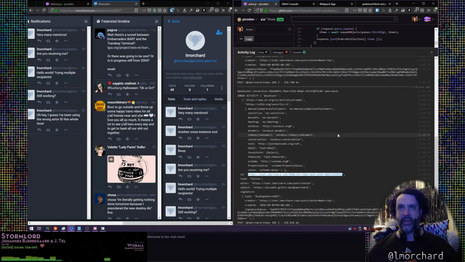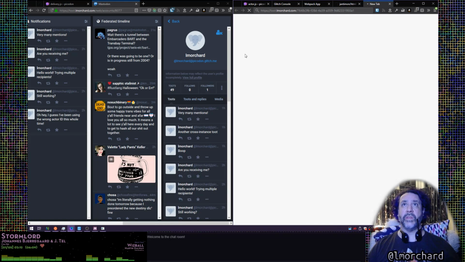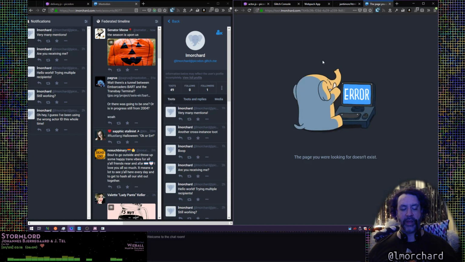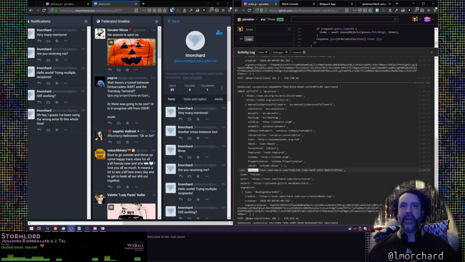Because a lot of the things in these messages have IDs, and the IDs are URLs, and if you go to the URL, well, that's interesting. So it's a unique URL, it's a unique ID, but there's no JSON resource behind it. A lot of things in ActivityPub, I think it's suggested that everything live. It's both its ID and an address in the world that you can dereference. Alright, so